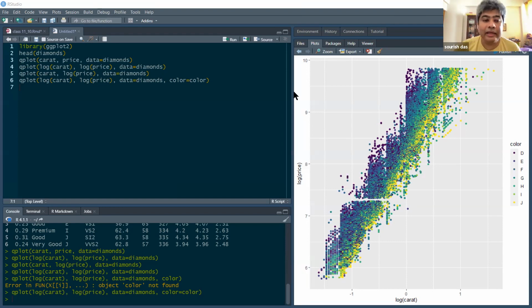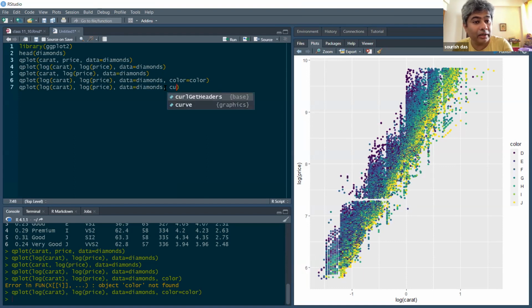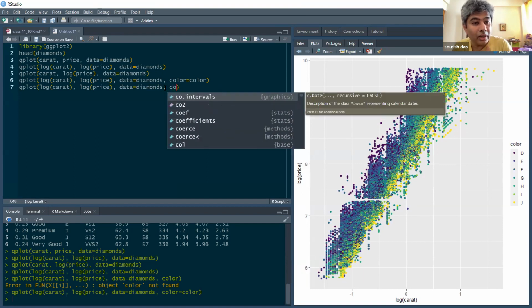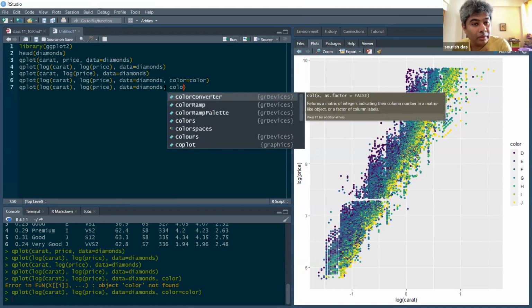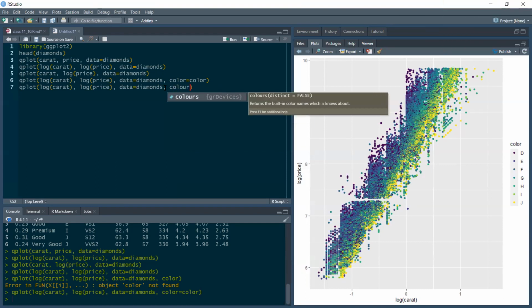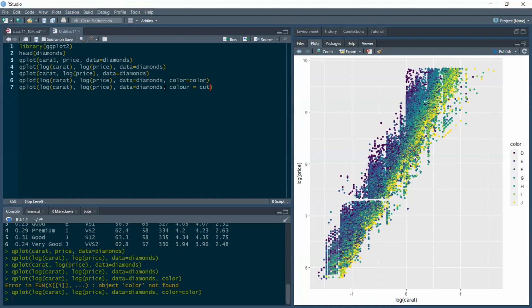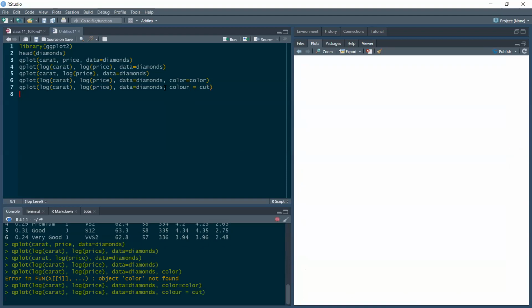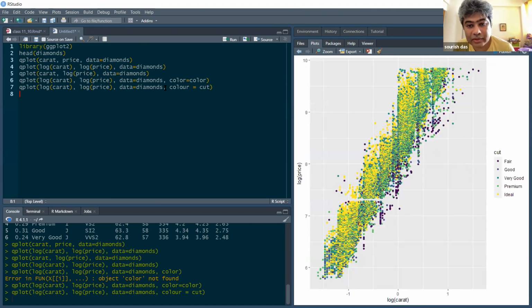Another thing you can try: instead of color, you can try cut. So you go to the color, and now you try color equal to cut. Actually, we can take a little less of the data set, maybe 1,000 or 10,000 instead of all 50,000.